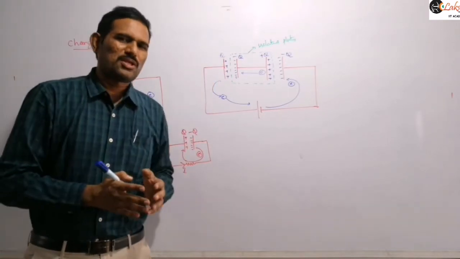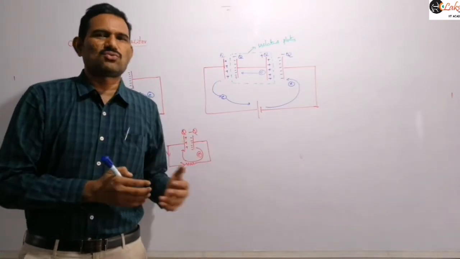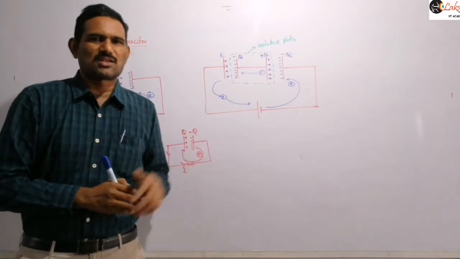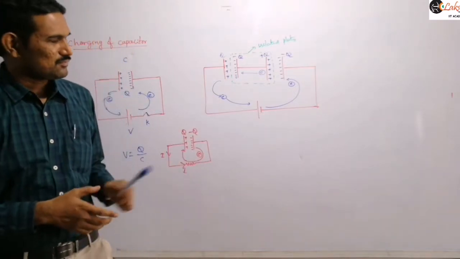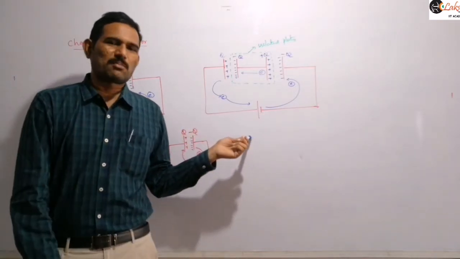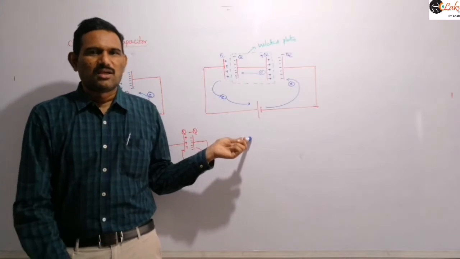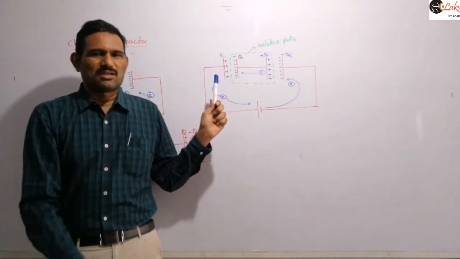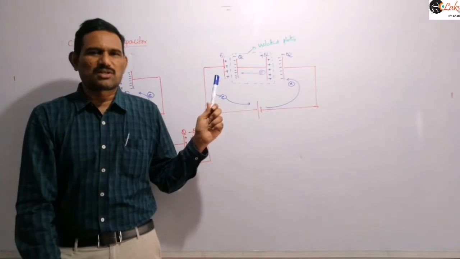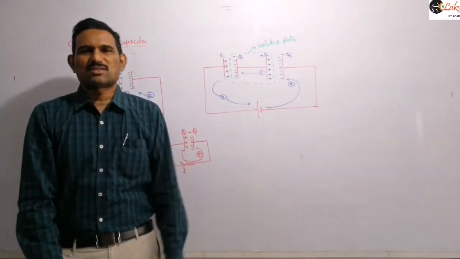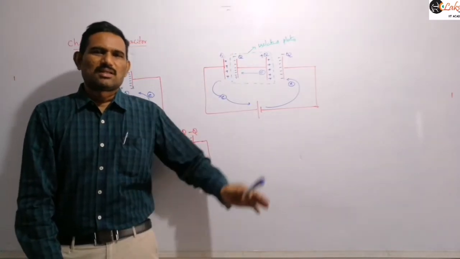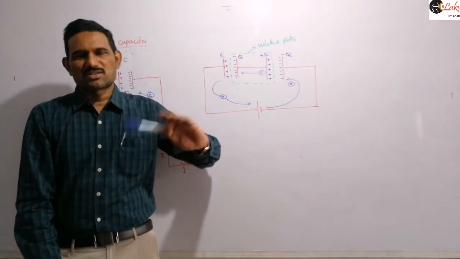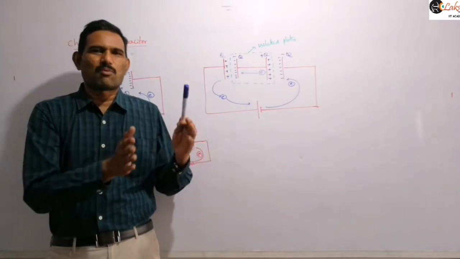The charge on the inner side of the positively charged plate is nothing but what we consider the charge on the capacitor. When a neutral capacitor is connected to this battery, you should observe that the charge is only present on the inner side. No charge will be present on the outer side. If you are giving some charge to an isolated plate, then the charge may be present on the inside and outside, which we discussed like a combination of the plates.